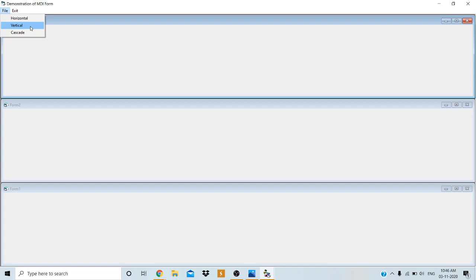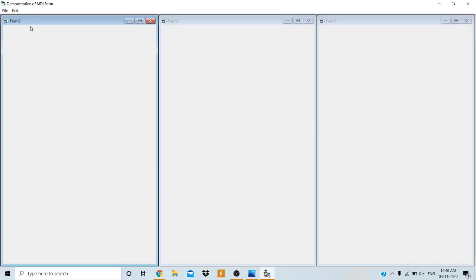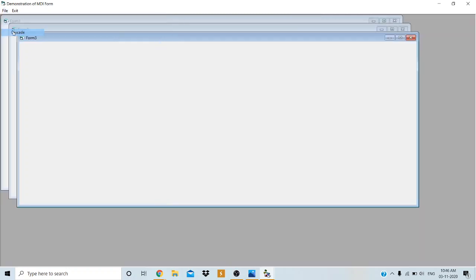Then you have to draw the vertical output diagram by highlighting this menu. Then you have to draw output for cascade by highlighting this menu. Any doubts here? Basically there are four output diagrams. First one is how it appears by default when you run the application.